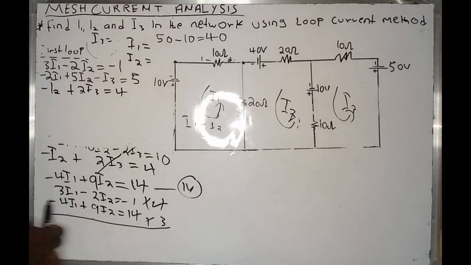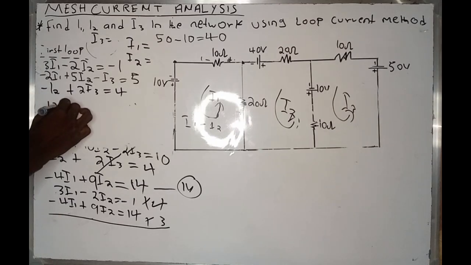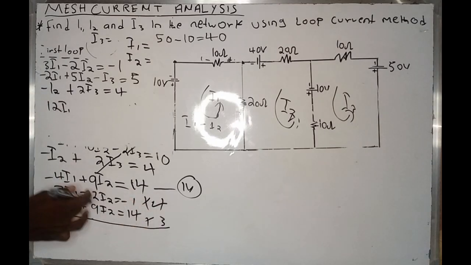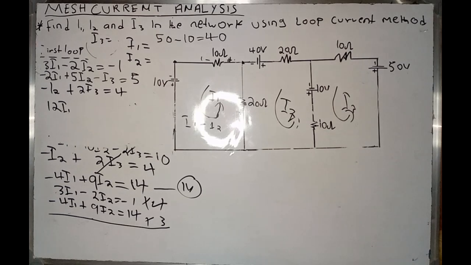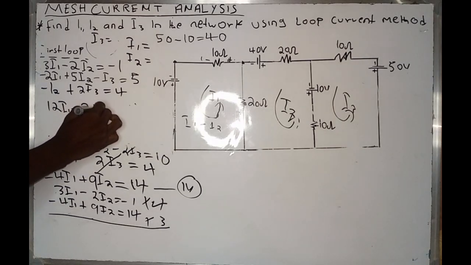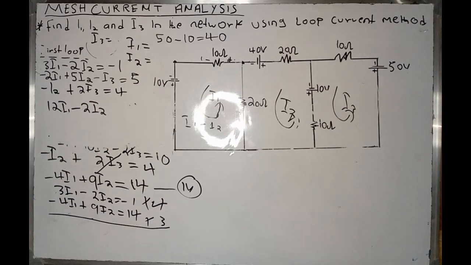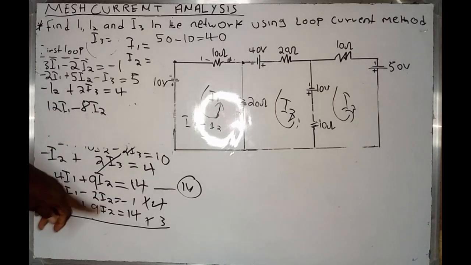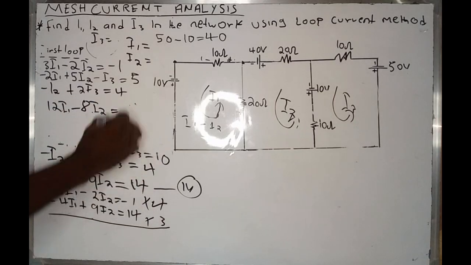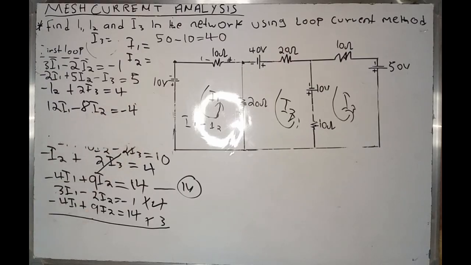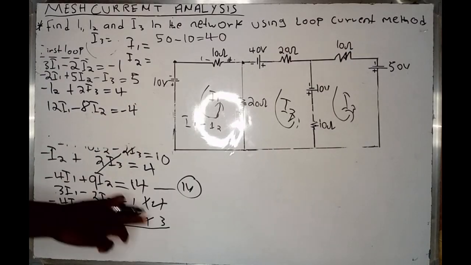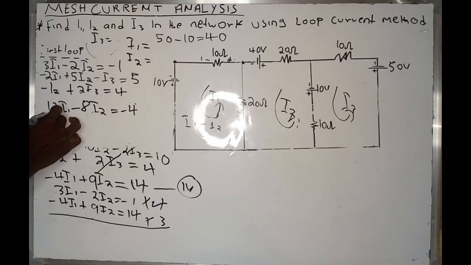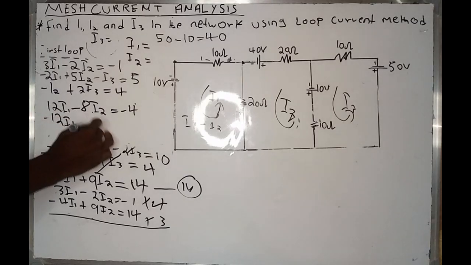So therefore 4 multiplied by 3, I'm having 12 I1, and therefore 4 multiplied by 2, I'm having minus 8 I2. And therefore, which is equals to 4 times minus 1, which is equals to minus 4. And therefore, 3 multiplied by this, also I'm having 12, but negative 1, and therefore, minus, okay, sorry,